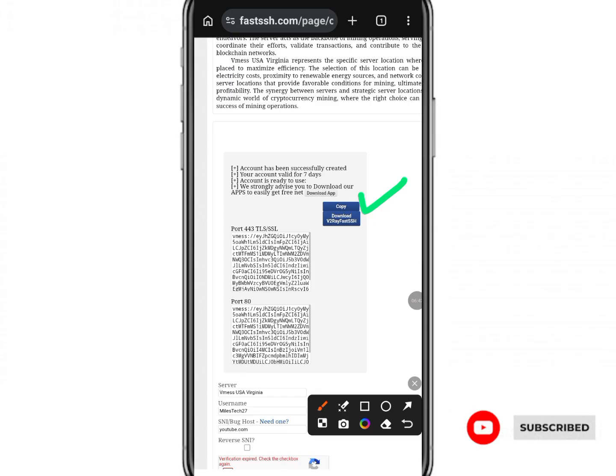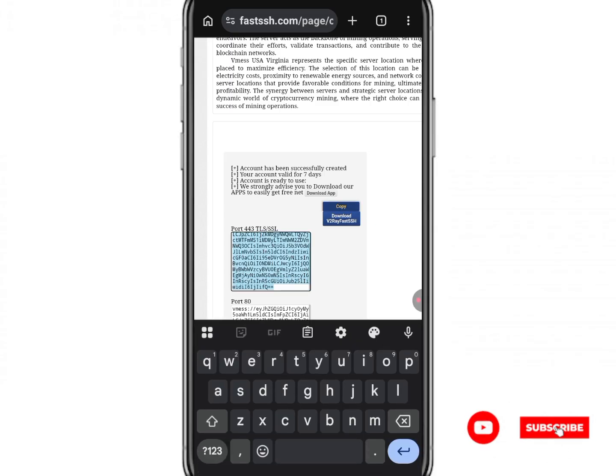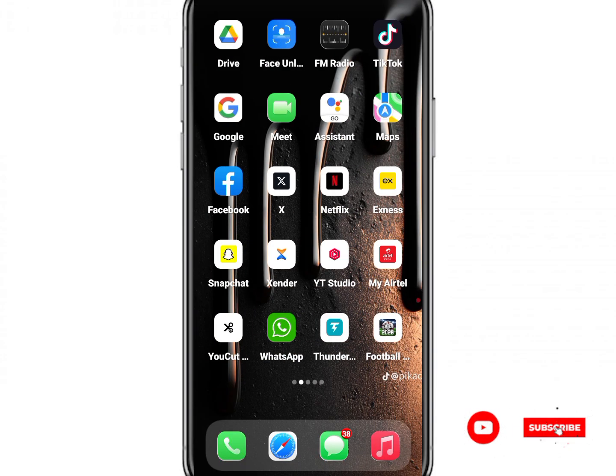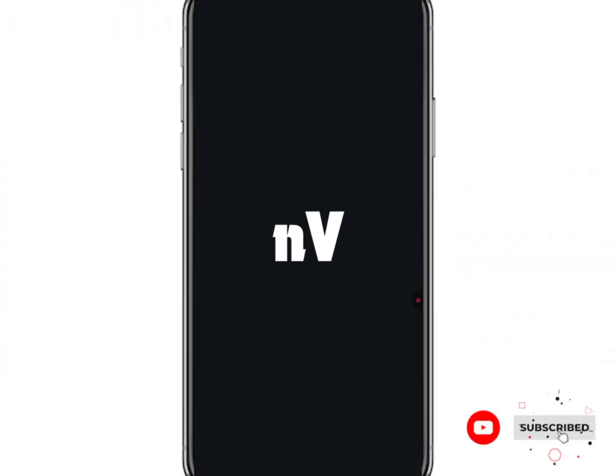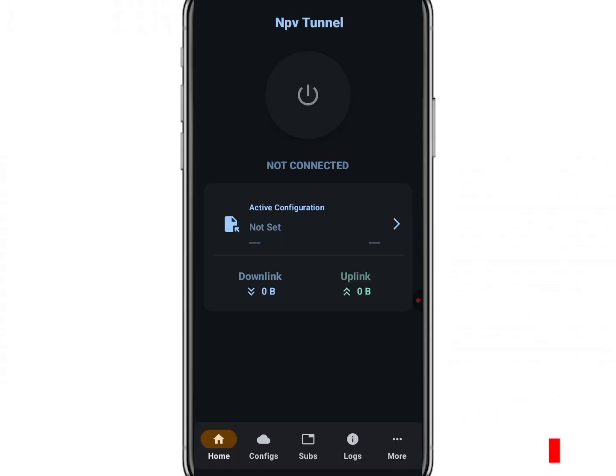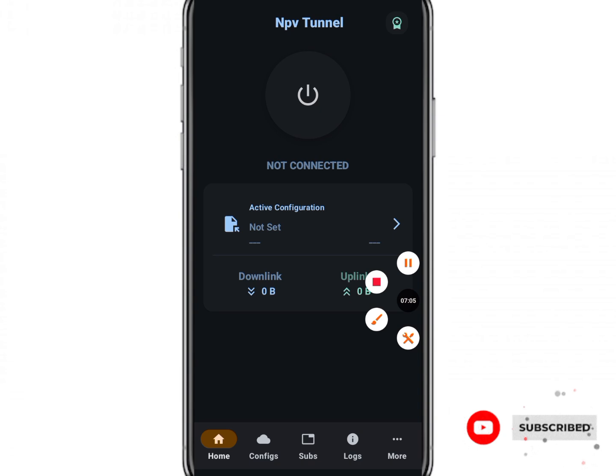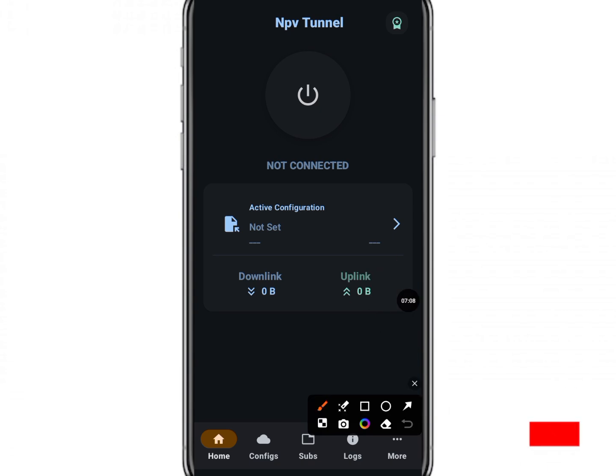You come and copy this config to your clipboard and then after head over to your NPV tunnel and then open it, which you downloaded previously in the Google Play Store. Open it, and then once you open it, let us wait for it to load. And then as you see, we are going to come from home to configs,